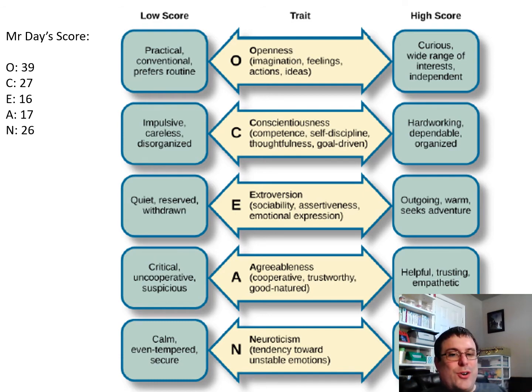And then neuroticism. The little description says tendency toward unstable emotions. Not totally accurate, I would say. I would say tendency towards negative emotions. If somebody scores high in this, those emotions that we see as negative, anger, depression, those types of things. Sadness would actually be a better word than depression, but they have a tendency more towards that. Somebody who scores low in it is more calm, even tempered. So the idea is these are different traits, and you can rank these traits